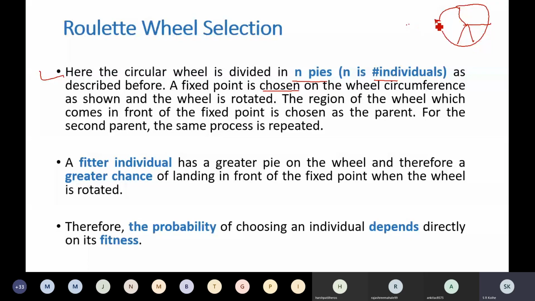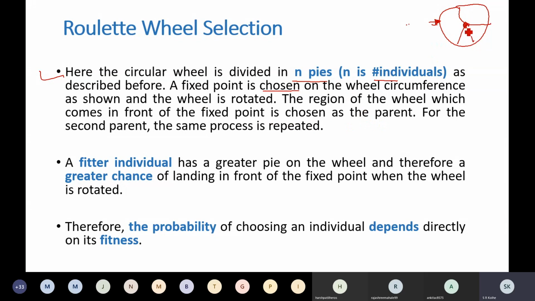This is a fixed point along the circumference. The region of the wheel which comes in front of the fixed point is chosen as the parent. For the second parent, the same process is repeated. Before that, you are going to rotate this particular wheel.